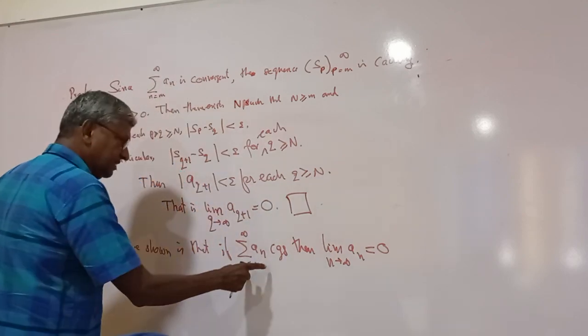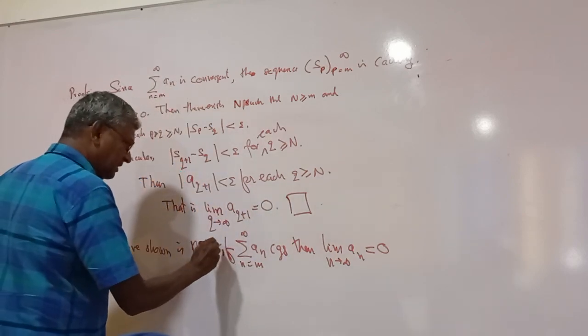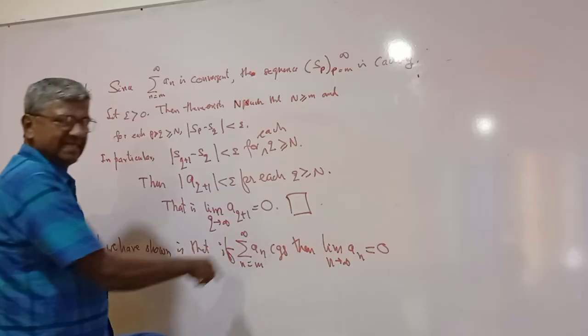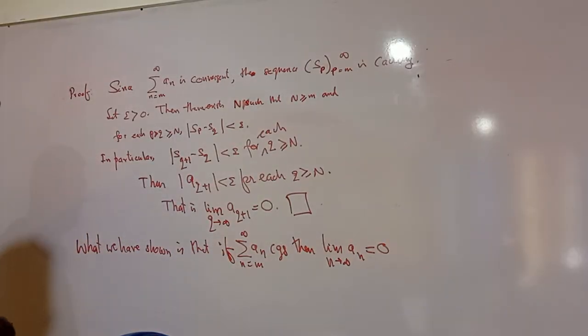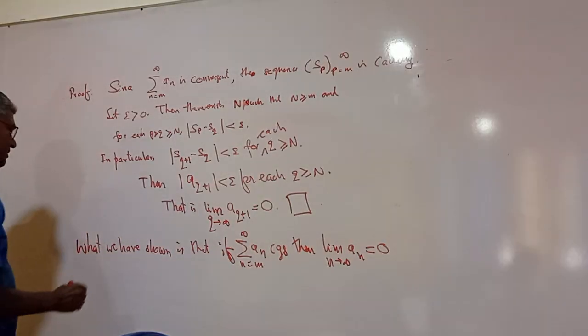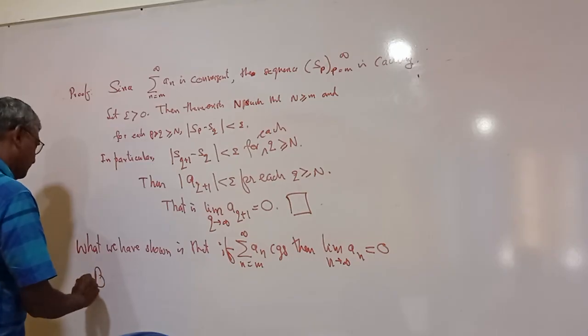If this converges, this is my IF, then this thing is equal to 0. By contraposition,